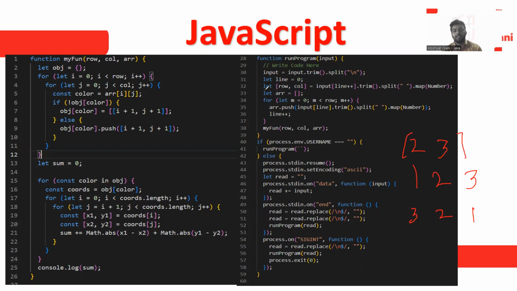So I am declaring it like that: let row, column in array form, because we know very well that our first line contains two values. In this, the first value is our row and the second value is our column. So we can write it like that: let row, column is equal to input of line increment. This is an increment after doing this operation.